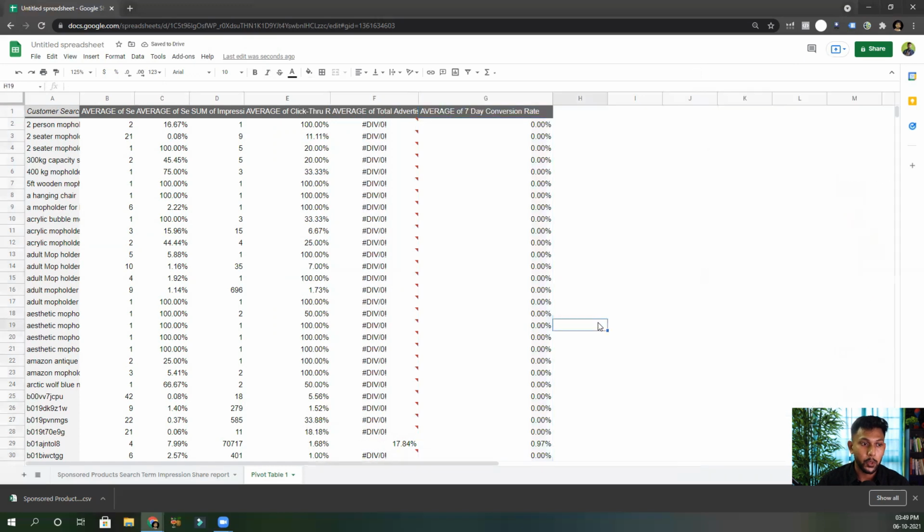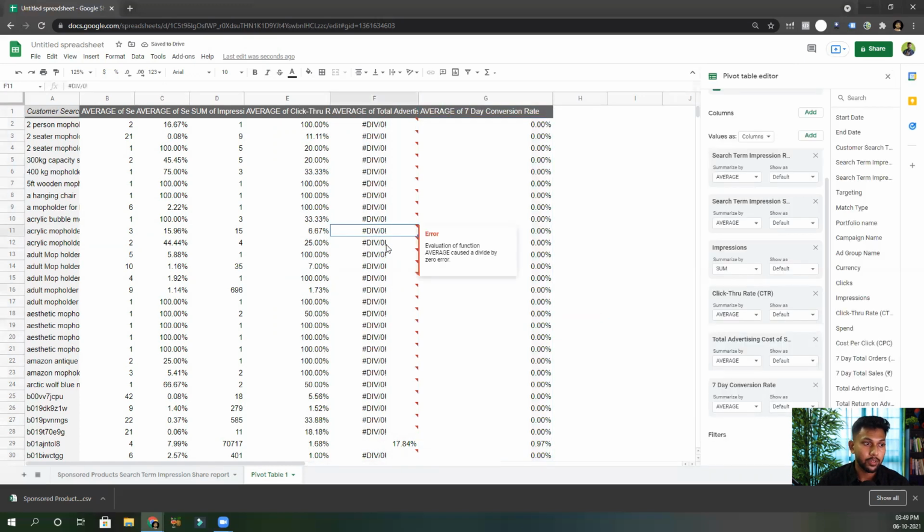Now we are going to put some filters here. So you have to work on some filters because there are some metrics that I have to look for. Suppose the conversion rate is greater than, I generally look at 12% as an ideal. If the conversion rate is greater than 12%, then I will go and check if the ACOS is within our range. If the ACOS is within our range, if ACOS is less than 30% for me, then it is good. Then I look for the third thing.